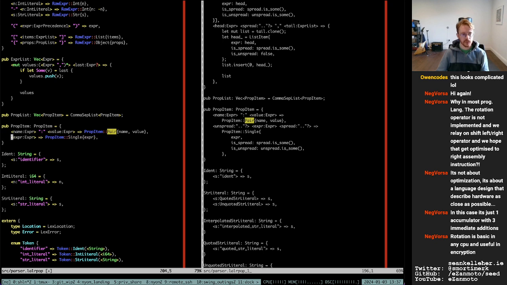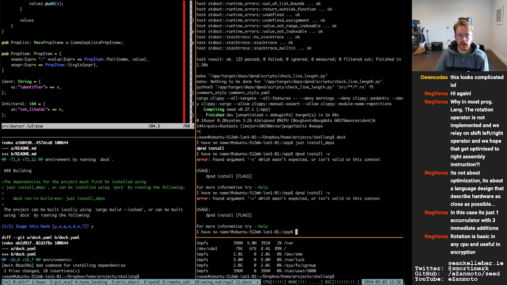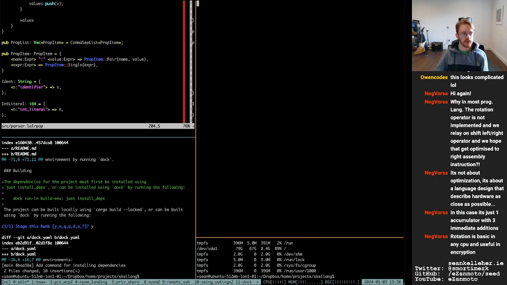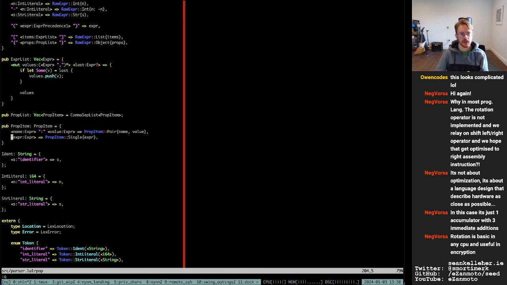Spread can be removed, and will that work? That won't give me a big conflict, will it? We'll see. No, it shouldn't, because it's confined to the context of an